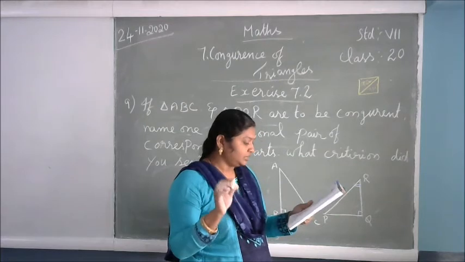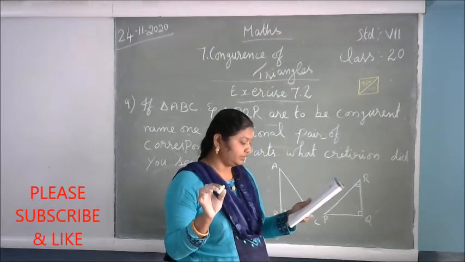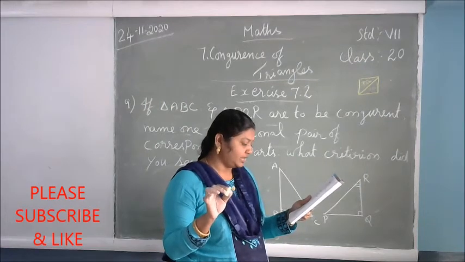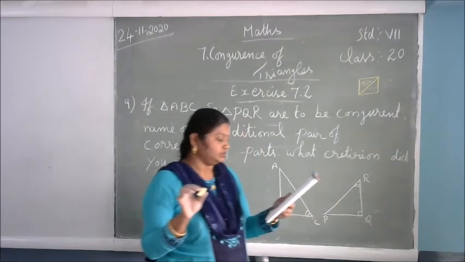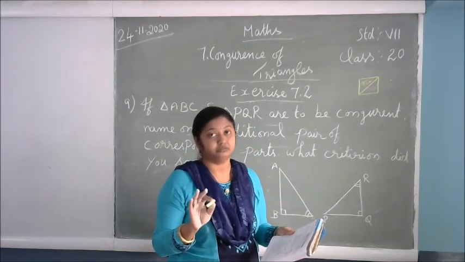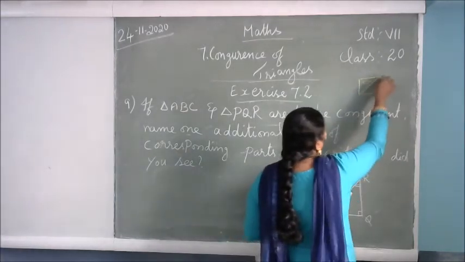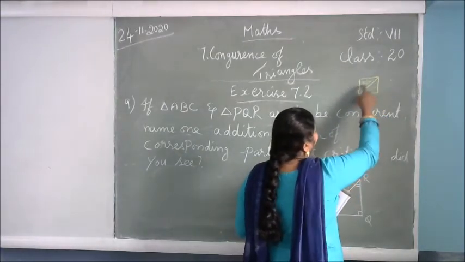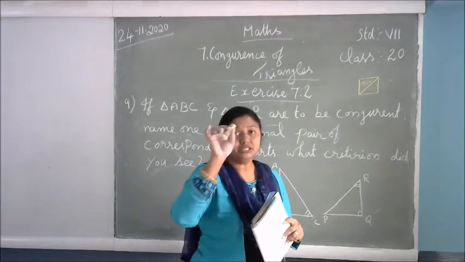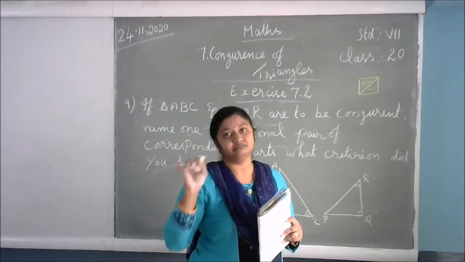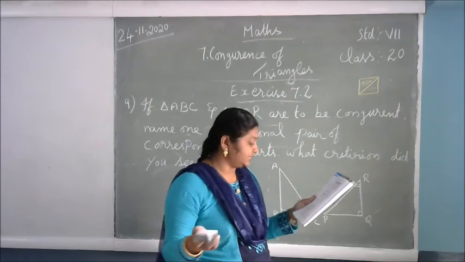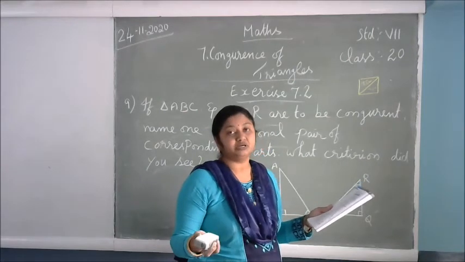The two triangles are congruent. The triangles are not congruent. What can you say about the perimeters? If you put one diagonal in the square, you get two triangles, and the two triangles will be congruent only. If you see the perimeter also, it becomes the same only. Suppose the triangles are not congruent, then the perimeters are different.